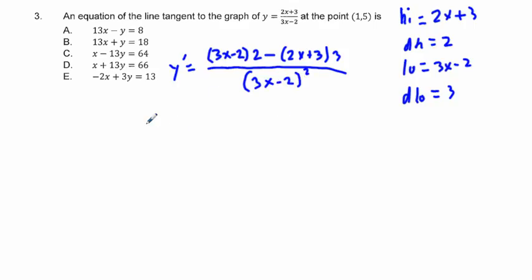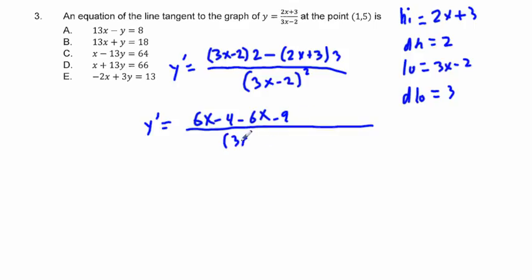And just kind of simplifying now, in the numerator we're going to have 2 times 3x, which is 6x, minus 2 times 2, which is 4, minus 3 times 2x, which is 6x, and we're going to have minus 3 times negative 3, which is 9, and then we have in the denominator the same thing, 3x